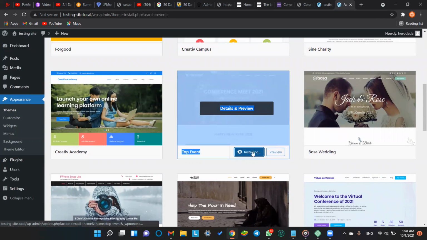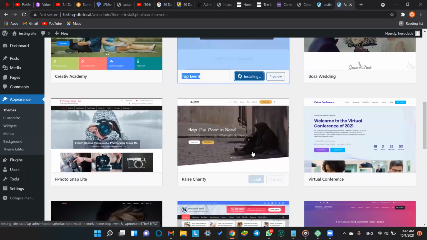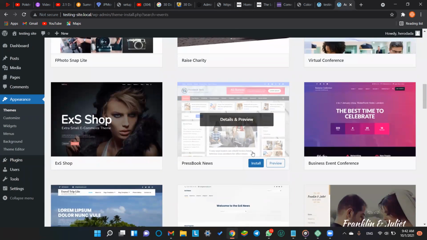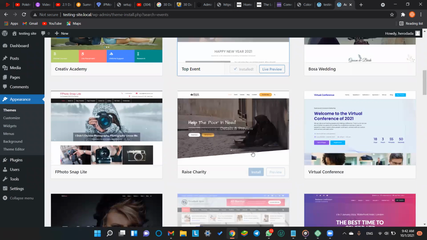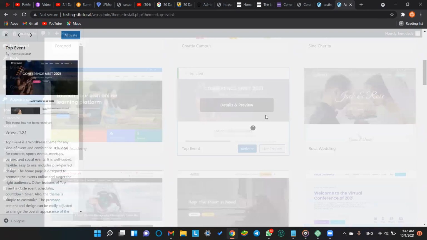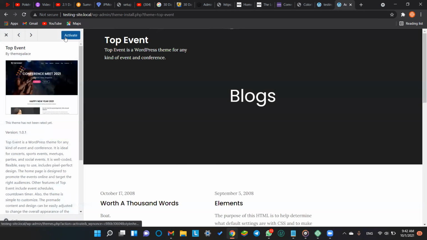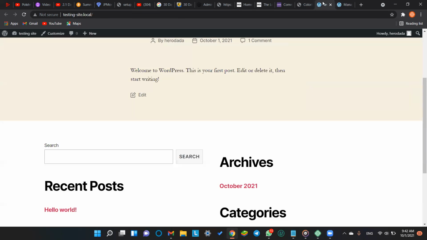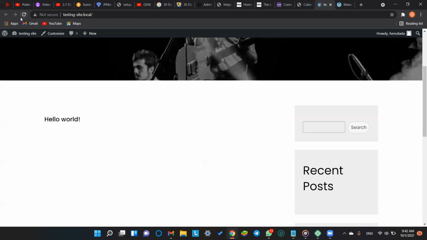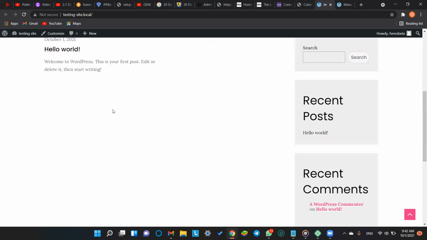I will just install it and we will check out how it looks. It is installed. Now we will activate. Let's check on our front end how it looks. So yeah, this is it.